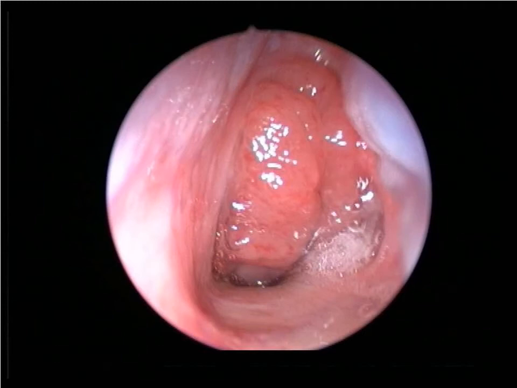In this endoscopic picture of the nasopharynx, there is a very huge grade 3, grade 4 adenoid hypertrophy that is completely closing the eustachian tube opening, where in this case you will have eustachian tubal blockade and the sequelae. So the better treatment in this case is to remove the adenoid.